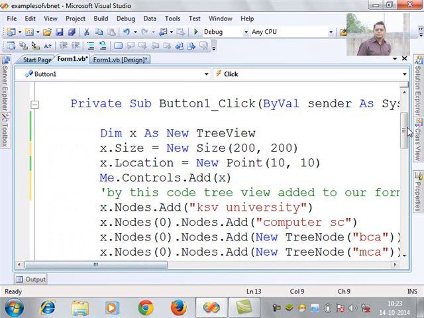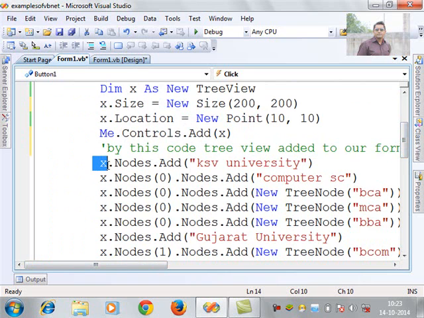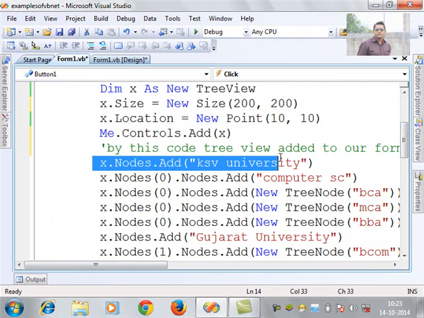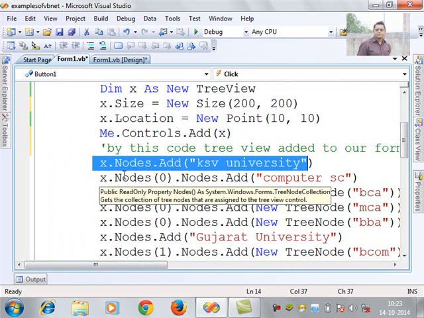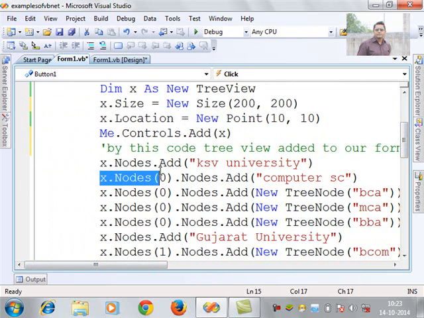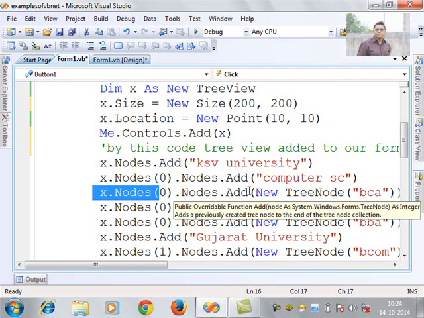Now let me understand how the runtime nodes work. X is a treeview, Nodes is a property, Add is a method, KSU University is my parent node. You can easily understand that. X.Nodes.Add at 0 means I am saying KSU University at the 0 location. Nodes means we are repeating that process, that is called Add, that is computer science, and new nodes as treeview. If we continue this particular process, but I want to change it like that,